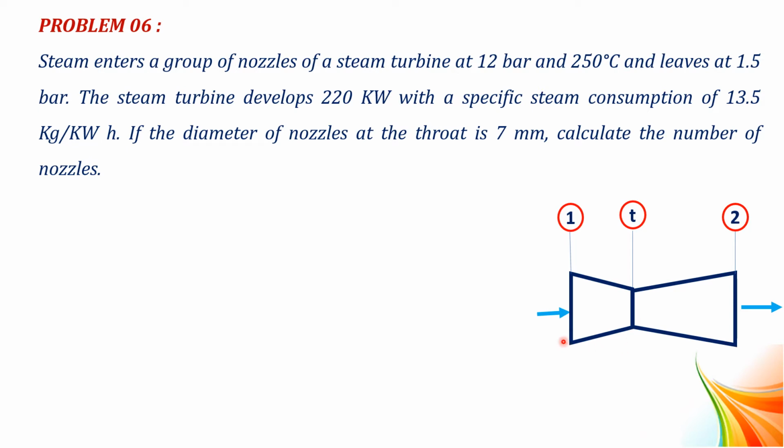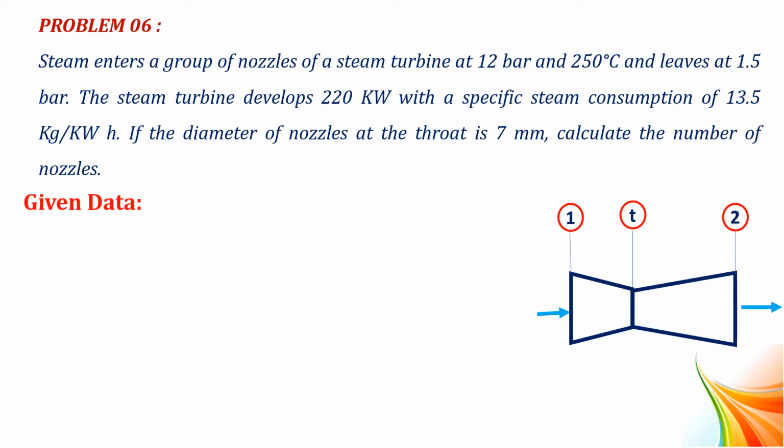In the convergent portion, the steam enters the nozzle with high pressure but with a negligible velocity. Thus, there is a drop in steam pressure with a rise in its velocity. In the divergent portion, there is a further drop of steam pressure with further rise in its velocity. Again, there is a drop in enthalpy which is converted into kinetic energy.